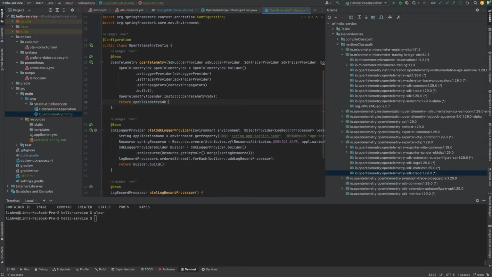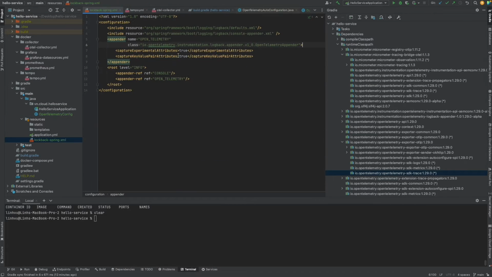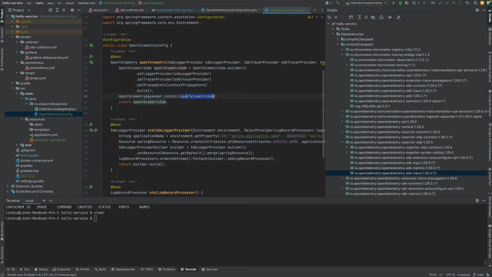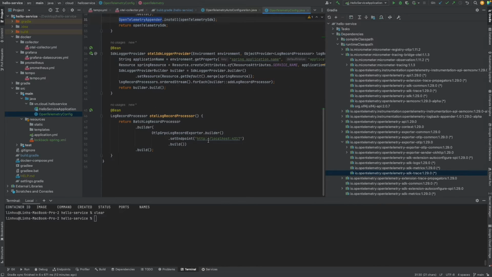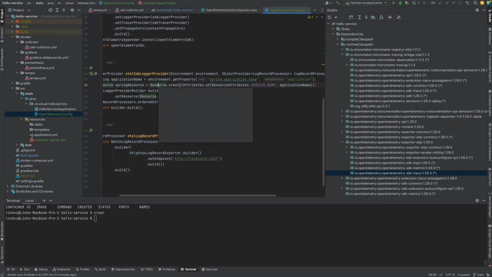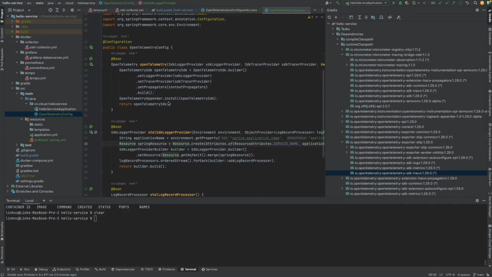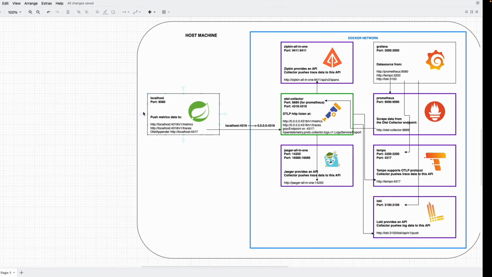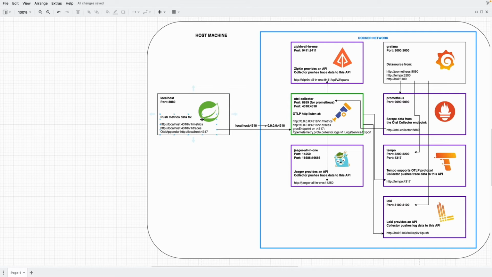OpenTelemetry SDK as usual. So by doing that, the OpenTelemetry appender we declared here is used to send our log to the OpenTelemetry collector using these processors and this resource, so the attribute of the service name here. Okay, now I think we're done setting anything up on the Spring Boot